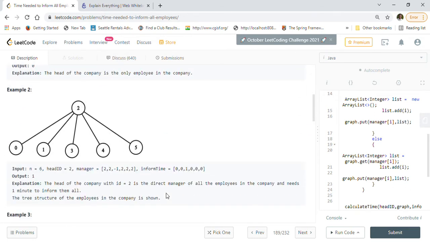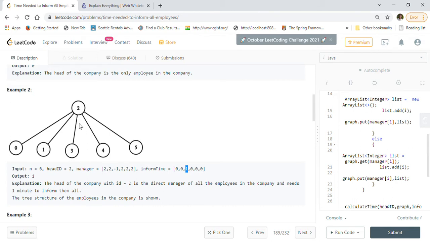So basically, for example, if you look at example 2 that they have given, 2 is the head of all the employees, and it has subordinates. For example, 0, 1, 3, 4, 5 are all subordinates of 2, and the inform time that 2 takes is 1 here. Because this is 0 based, this is the inform time required for employee 2 to spread the news to its subordinates.